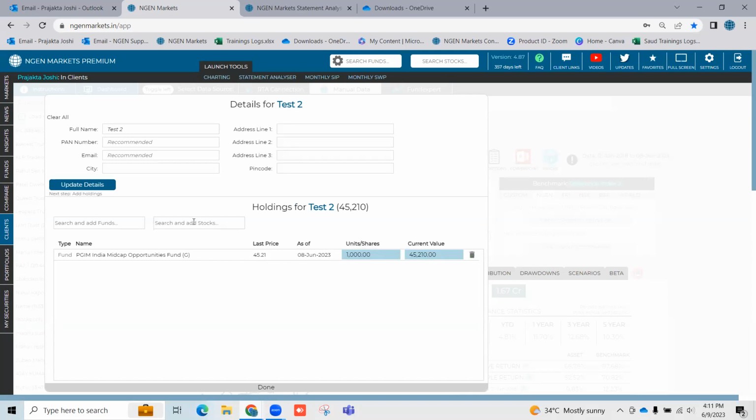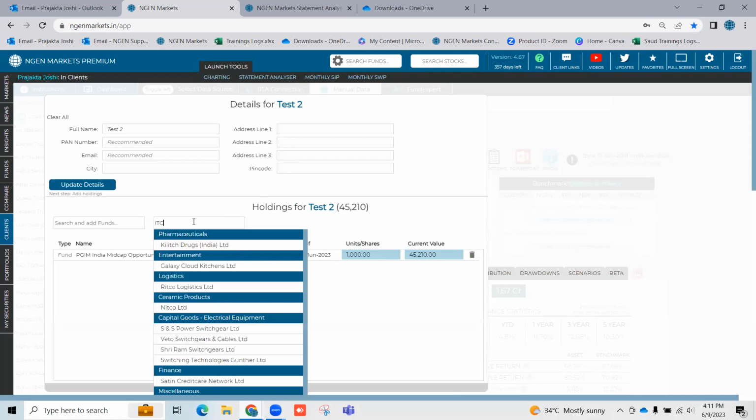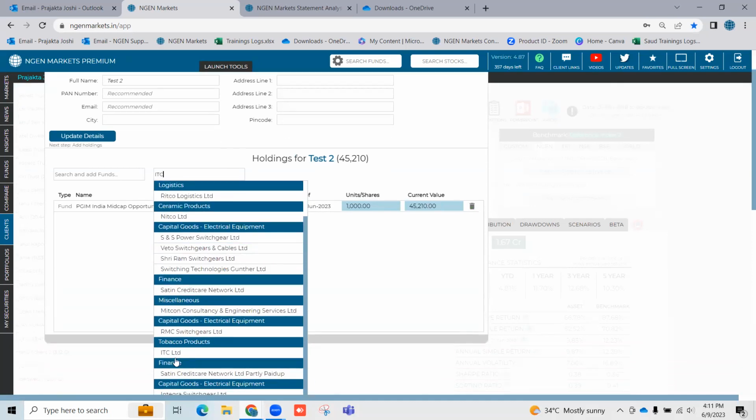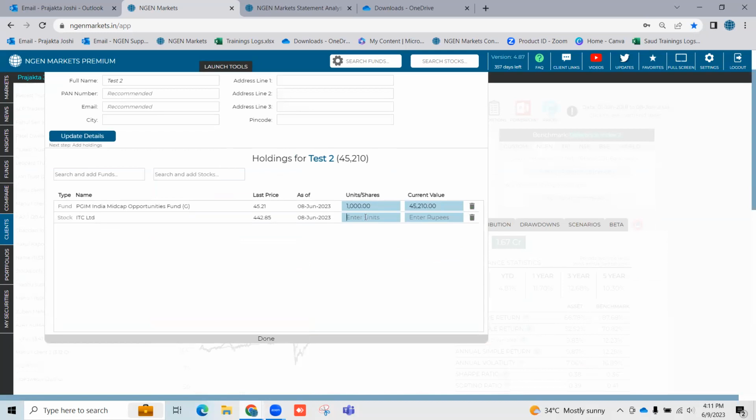Similarly, I can even add stocks here. So let's say, for example, ITC. And I know that this specific client, let's say, has 300 units of ITC. Just put in the units and the value will be captured. Similarly, let's say you have a specific value and are not aware about the units. Even that option is there. So let's say, for an example,